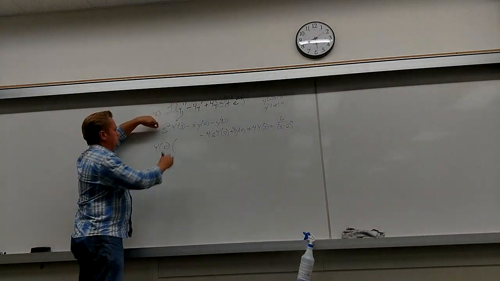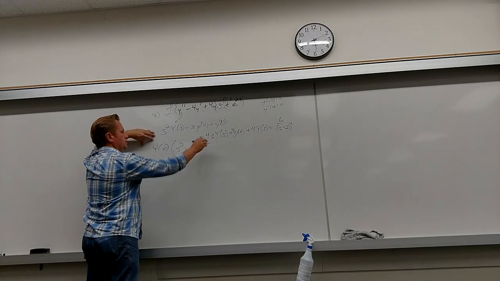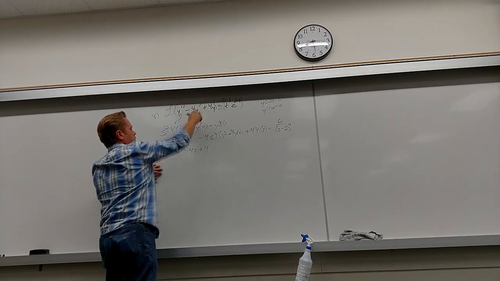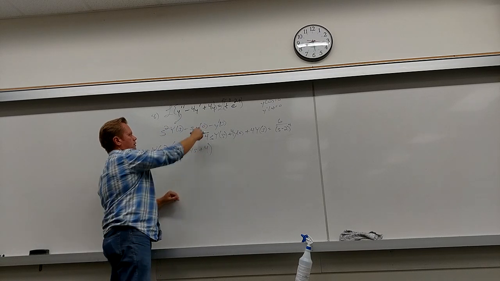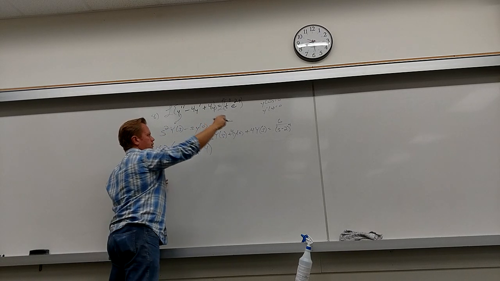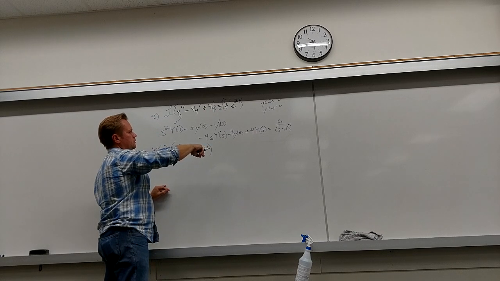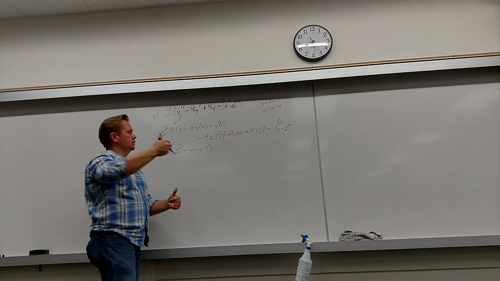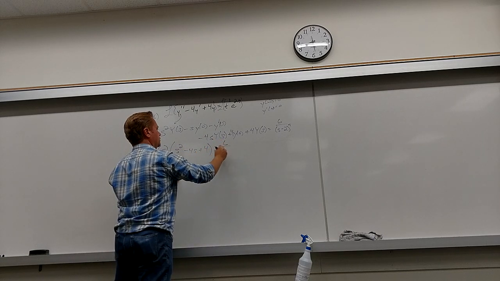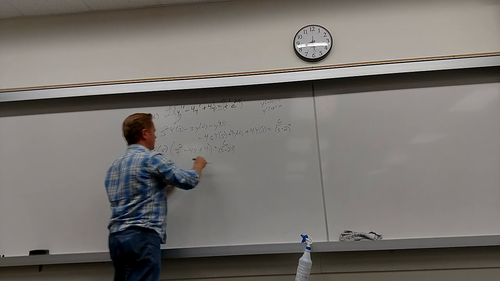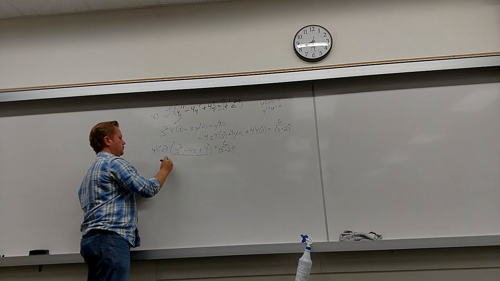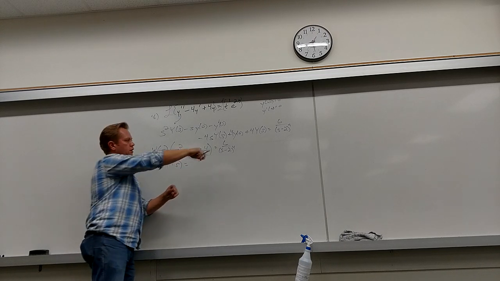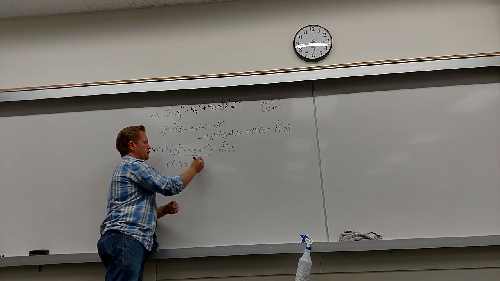I'll get something that mimics the original s squared minus 4s plus 4. This is 0, that's 0, that's 0. Everything's fine. And then you get equals 6 over s minus 2 to the fourth. Now this, I'm going to divide, but what is that? S minus 2 squared. So if I divide by another couple of those,